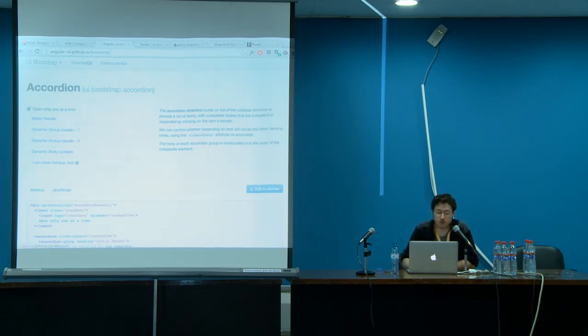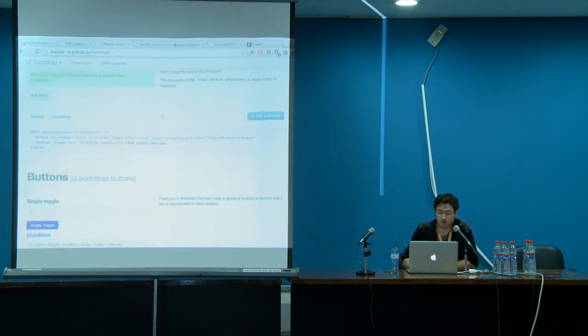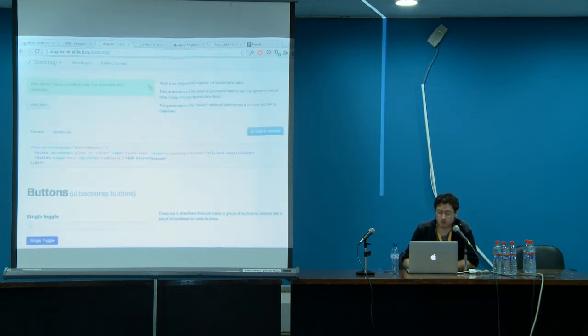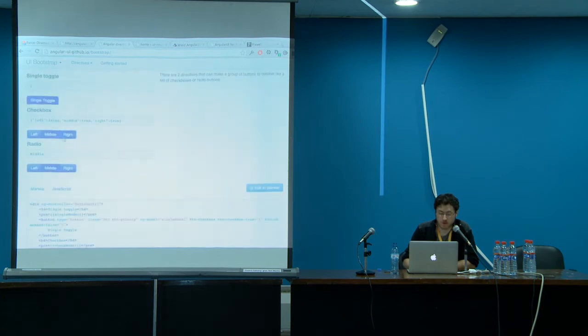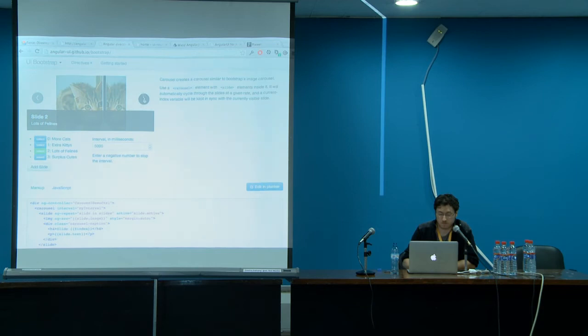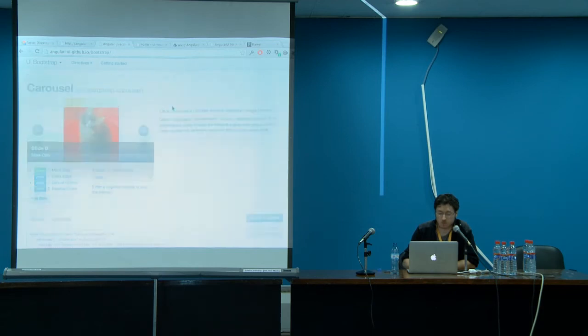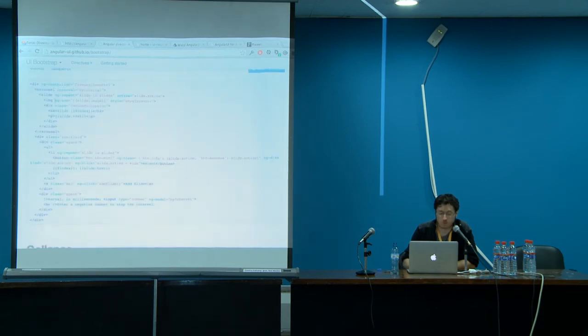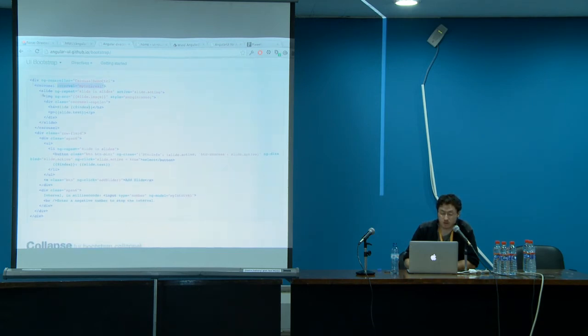So if you go to angularui.github.io/bootstrap, you can see we have all of the different components in Angular UI Bootstrap. And again, this is all really simple stuff to integrate. So carousel, for example, like many of these, is exposed as a directive, which in this case is a custom tag where you set your properties, and it's really, really simple stuff.